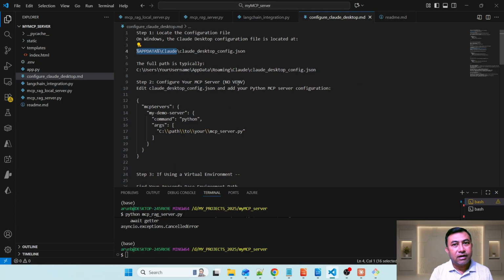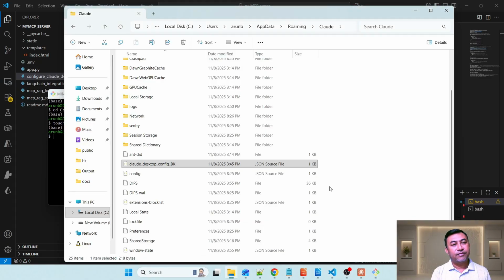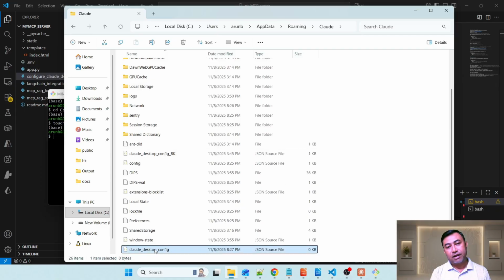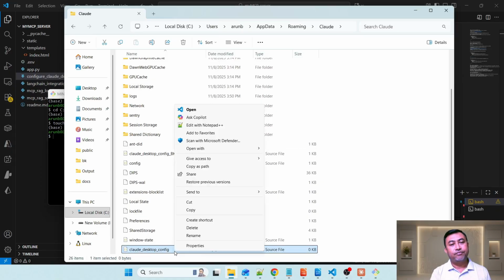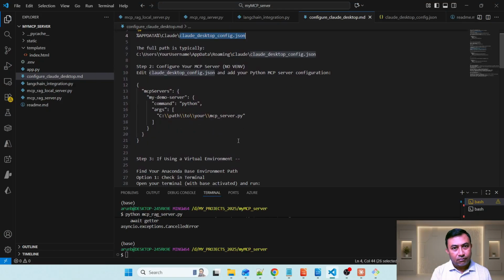Here I have written the name of the file should be claude_desktop_config. Touch and click, and it will basically create a blank config file, this one. Now see, 0 KB, right? Simply open it from Visual Studio, and here you need to copy and paste. If you are running your Python without any environment, you will copy like this, the same, and the path would be